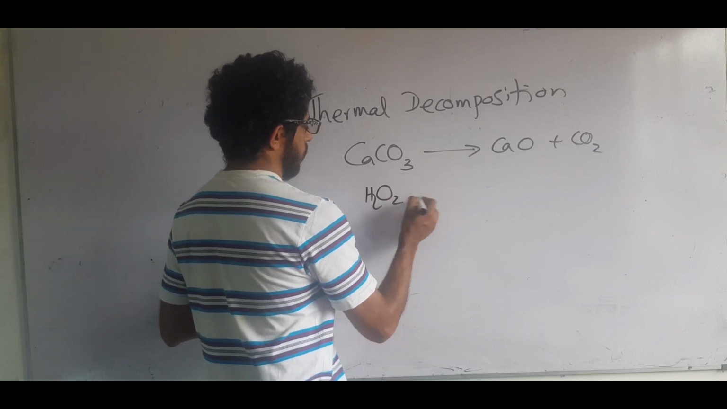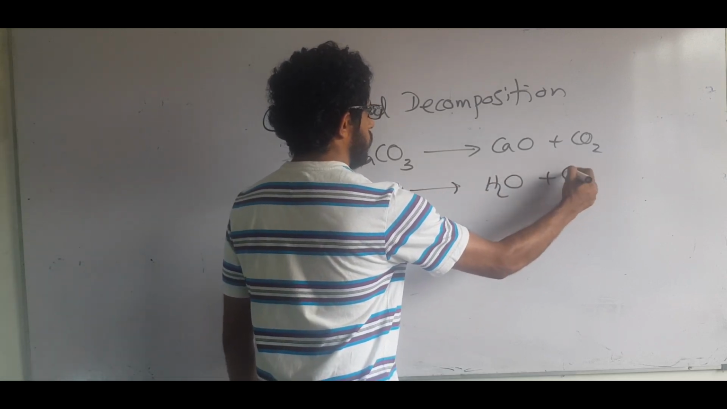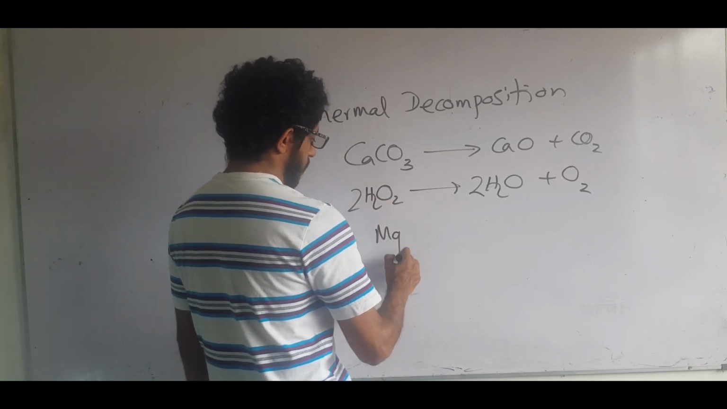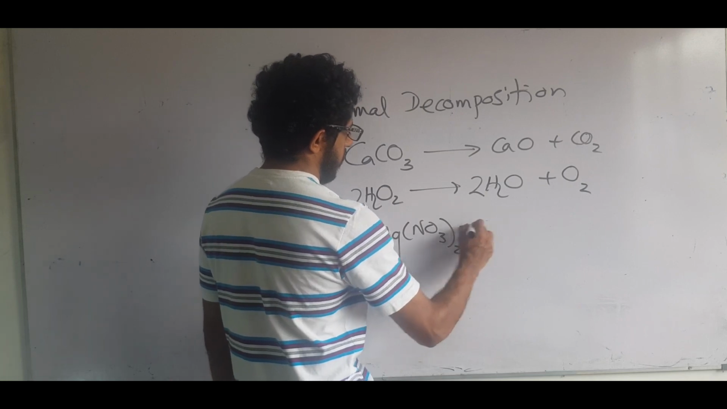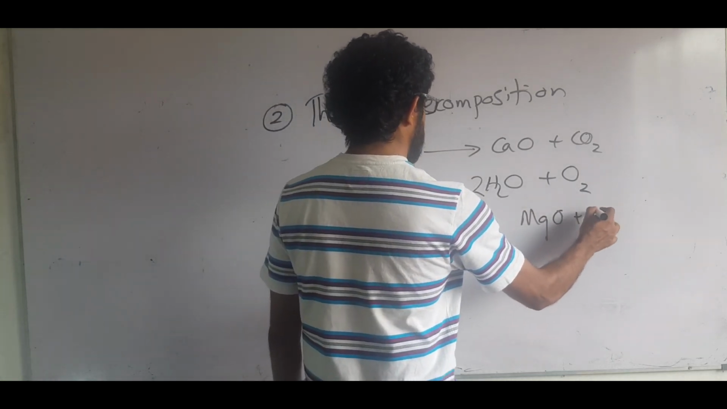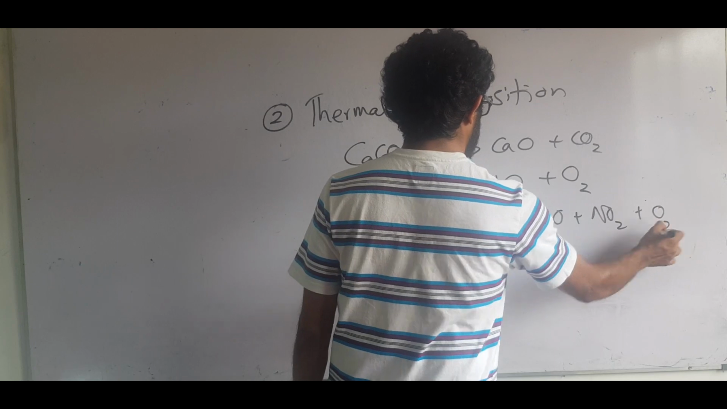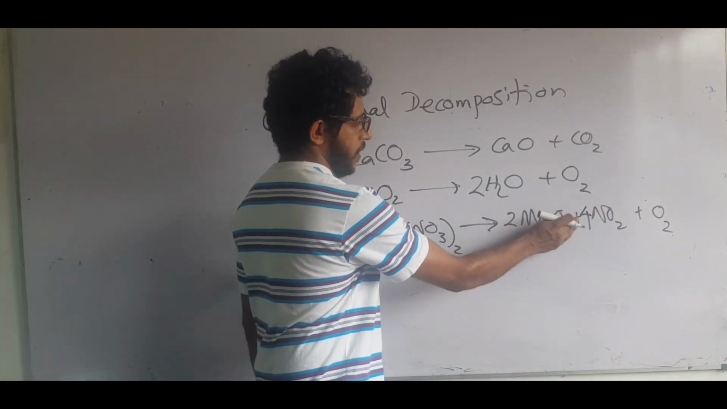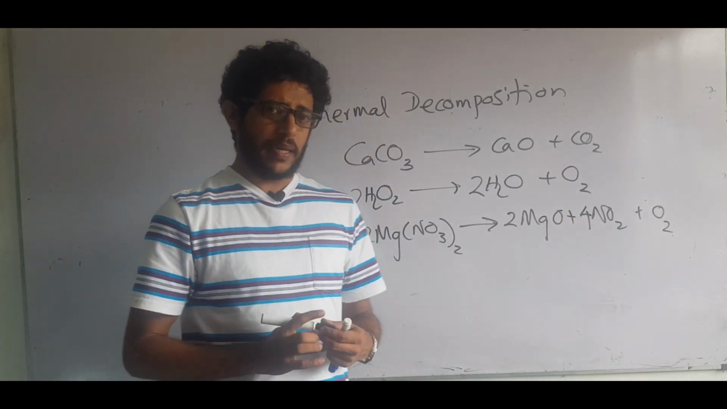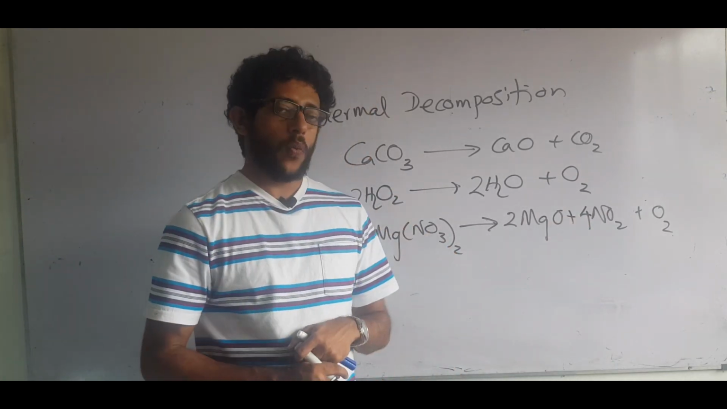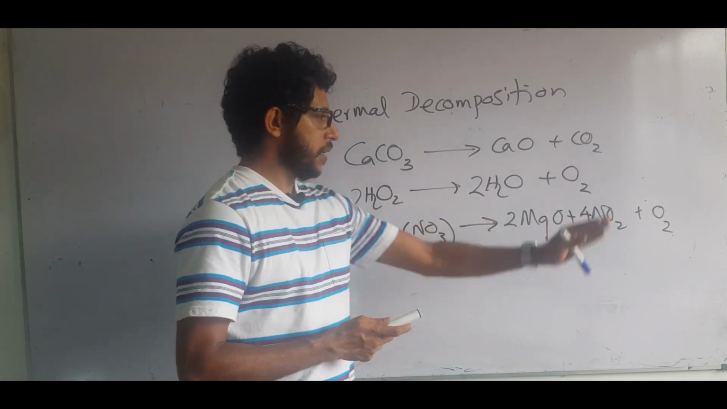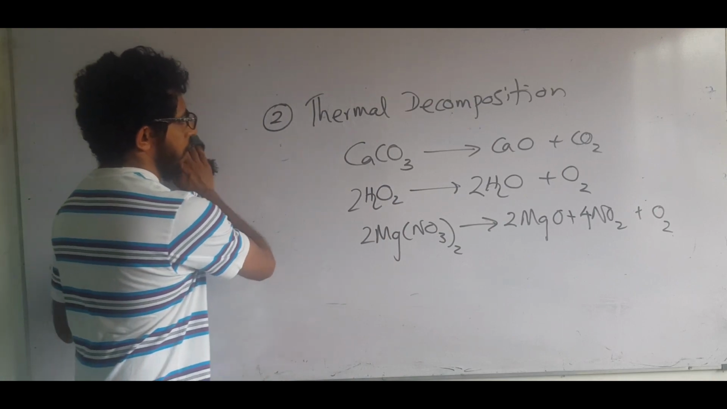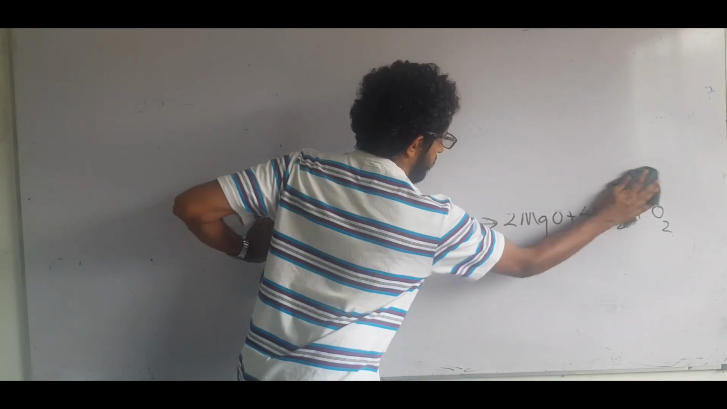So, H2O2 gives H2O plus O2, that is also a decomposition reaction. Magnesium nitrate, Mg(NO3)2, gives MgO plus NO2 plus O2. So this is also a thermal decomposition reaction. In thermal decomposition reactions, we have only one reactant and it gives different products. So that is one, thermal decomposition. Now if you go to another one,